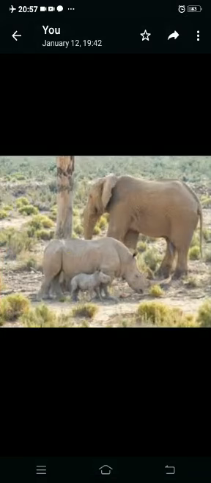Gir forest in Gujarat is the home of Asiatic lions. Elephants and one-horned rhinoceroses roam in the forests of Assam. Elephants are also found in Kerala and Karnataka. Camels are found in the Great Indian Desert, and wild asses are found in the Rann of Kutch.